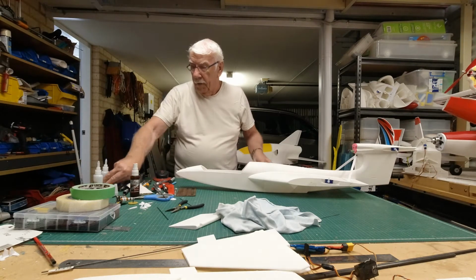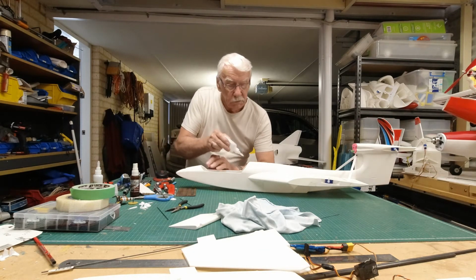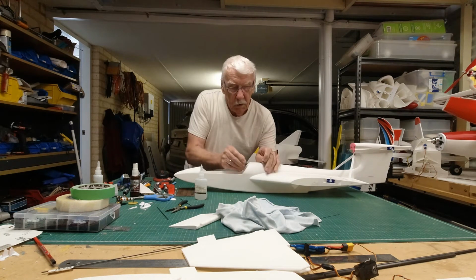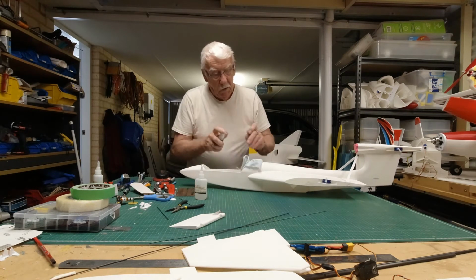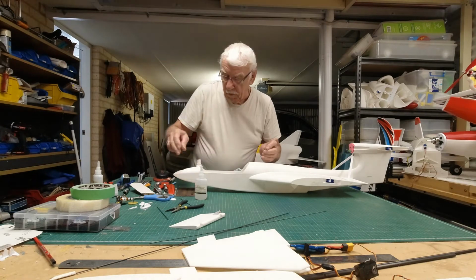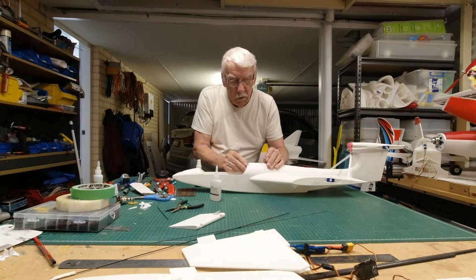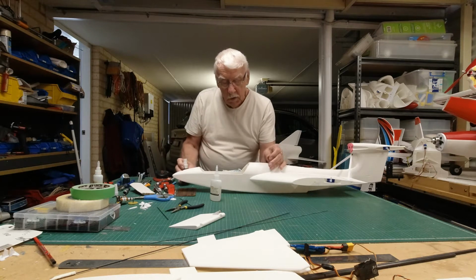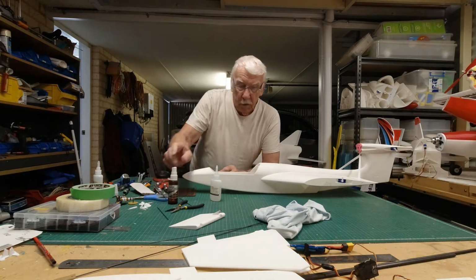Couple of magnets. These are 10 by 2 magnets, 10 millimeters by 2 mil. Doesn't really matter which way we put these in. The important thing now is to make sure that we get the